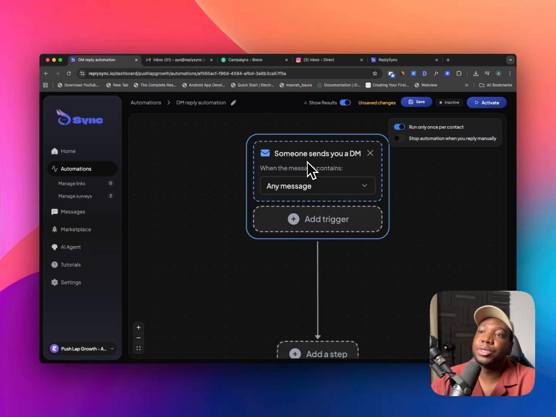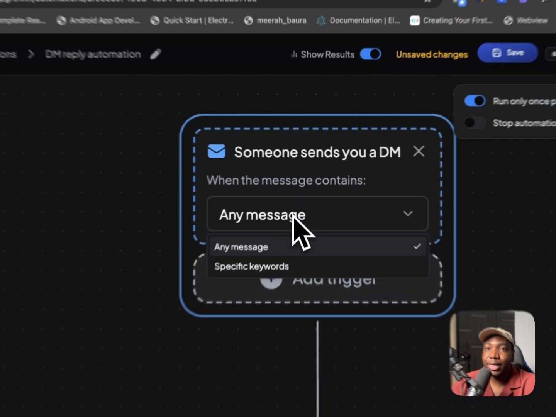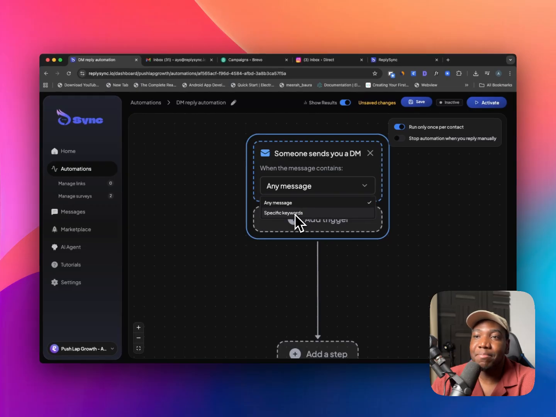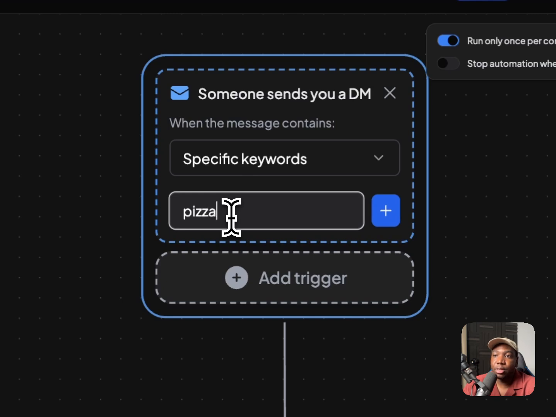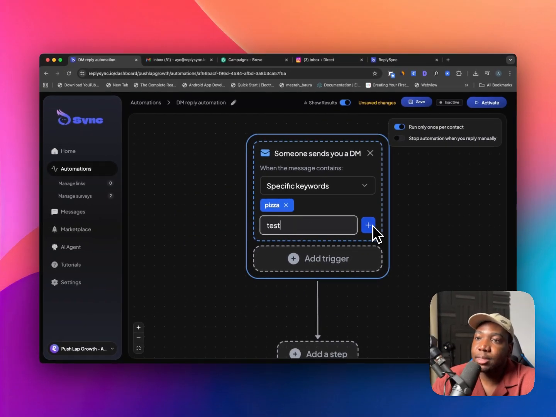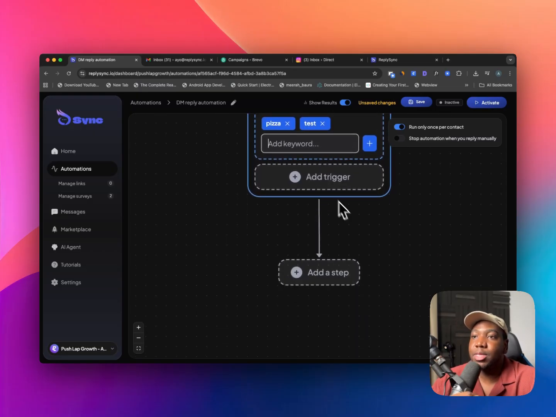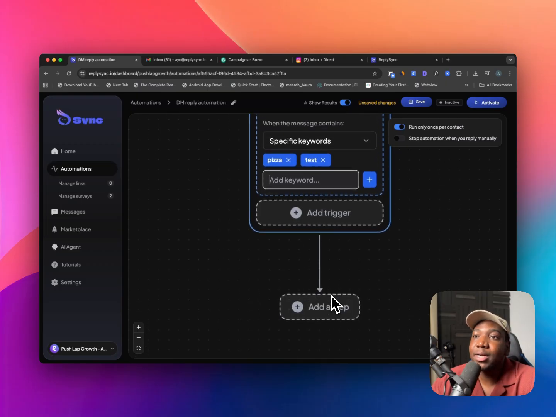But the first one I'll show you is when someone sends you a DM, and you can choose whether it's any message or when that message contains very specific keywords. So if it's very specific keywords, you can enter the keywords here, click enter, and you can add other keywords as well. So now when someone sends you a DM containing these specific keywords, it'll put them into this automation and start it with them. For now, the automation does nothing because we don't have any steps inside it, but